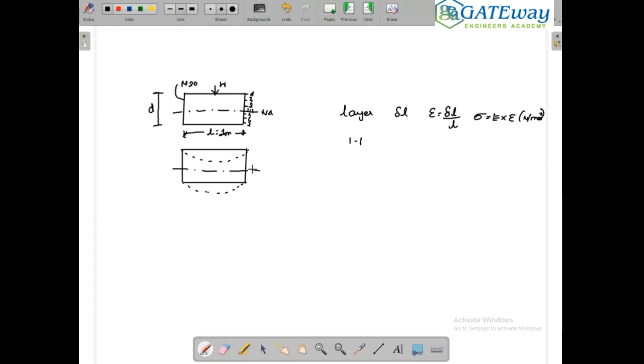See, the neutral axis will remain the same. There won't be any stress or strain. So the difference in length is 0. So the strain is also 0 by 1 meter. The stress is also 0. Layer 2,